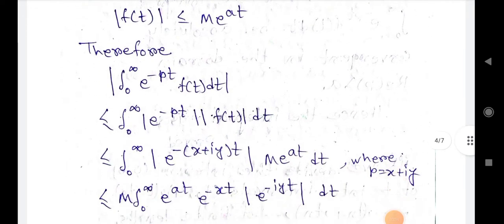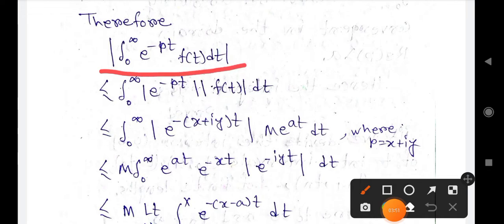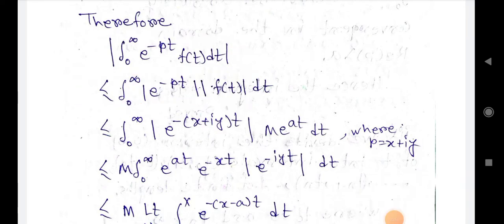Therefore, mod of the integral from 0 to infinity of e to the power minus pt f(t) dt is less than or equal to